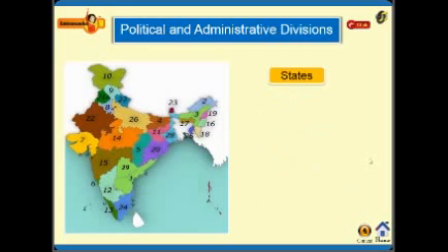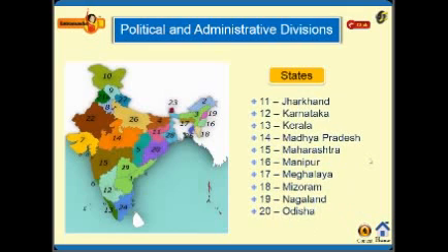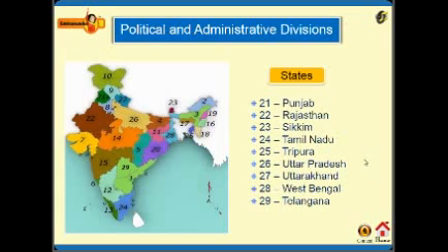And the next: Jharkhand, Karnataka, Kerala, Madhya Pradesh, Maharashtra, Manipur, Meghalaya, Mizoram, Nagaland, Odisha, Punjab, Rajasthan, Sikkim, Tamil Nadu, Tripura, Uttar Pradesh, Uttarakhand, West Bengal, and Telangana.